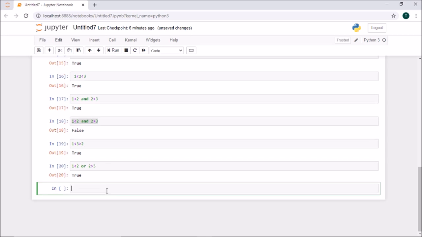So if I run it, it is true, right? Like this, we are combining multiple operators, and we are chaining them. Instead of using one, we combine two. We use AND, OR, right? This is what we call a chaining comparison operator. We are chaining multiple comparison operators.